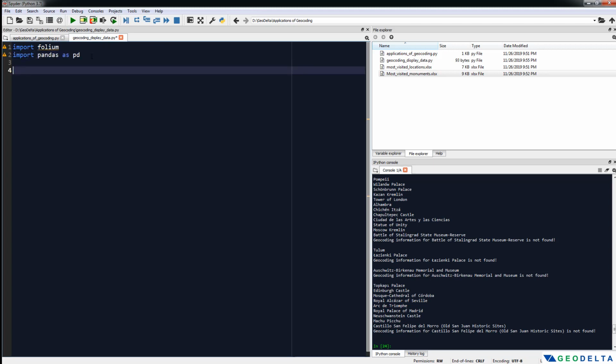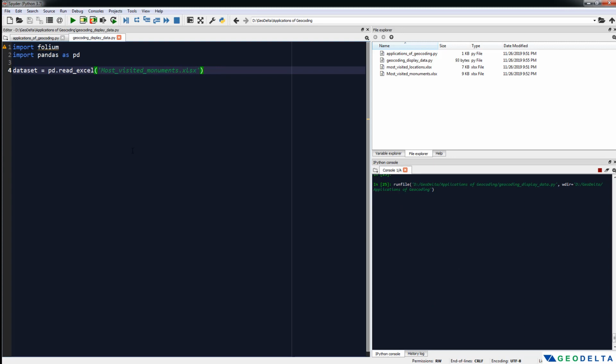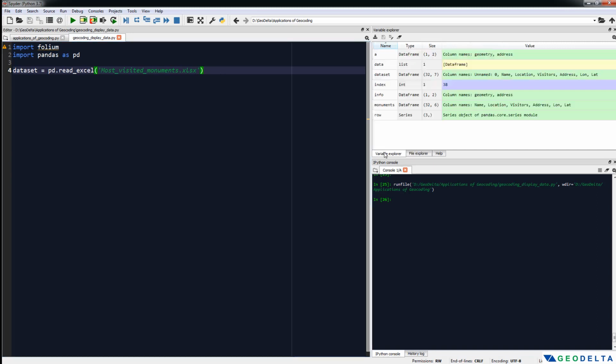Alright, now I'm going to read this Excel file back into Python, and I'm going to assign that into a variable called dataset. Alright, now let's run this one. Now you can see that we imported the libraries without any issue. And now if I go to the variable explorer and open this dataset,